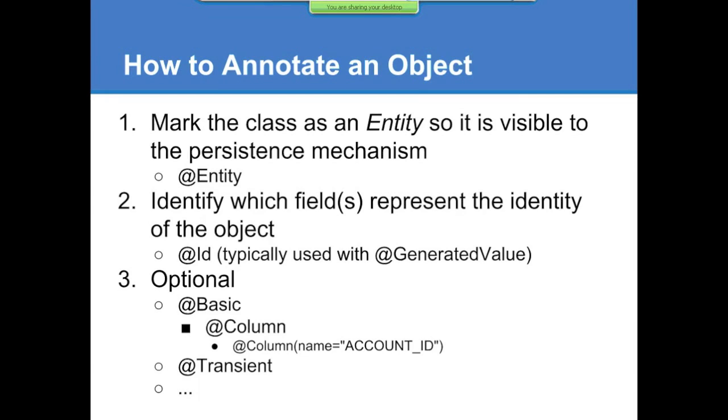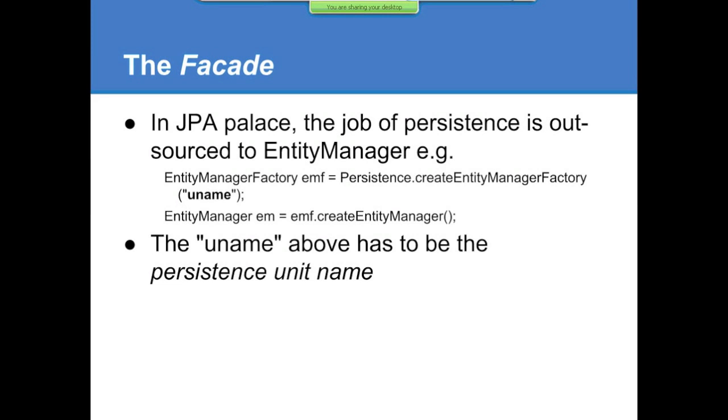If your data store is relational, you can use add basic. That is logical. Then add column is a physical annotation, because it's platform related. And add transient, if you do not want to persist. I just highlighted the most important ones. There are many more, but this should get you started or get your interest kindled. It should make you like JPA more. Maybe not fall in love with it, but